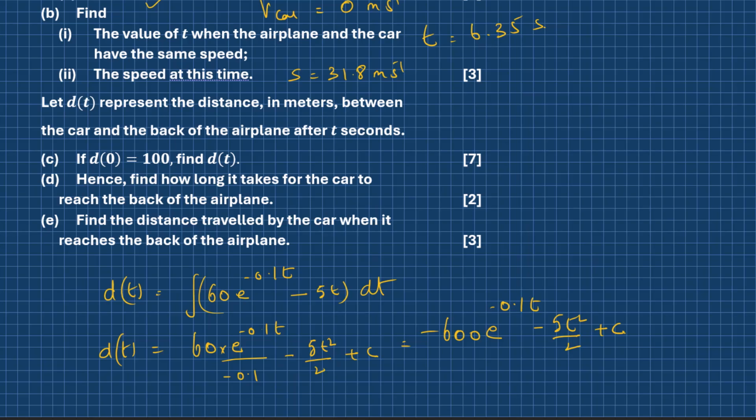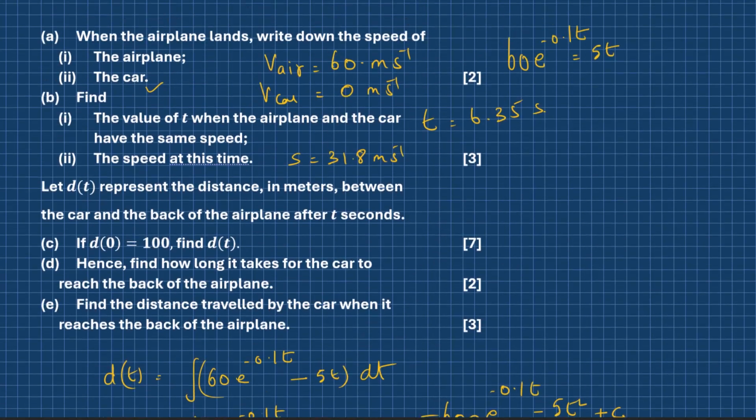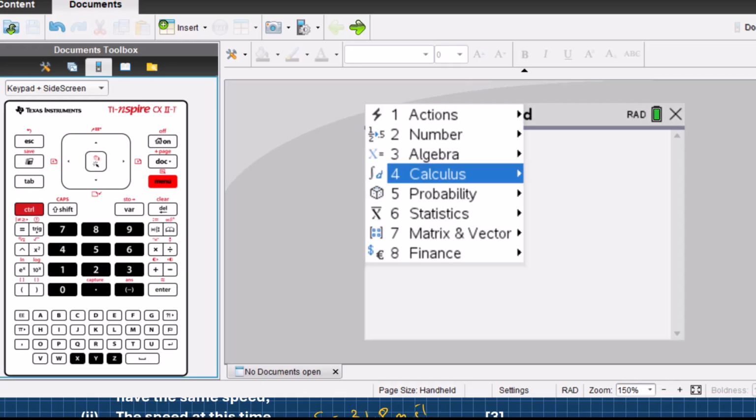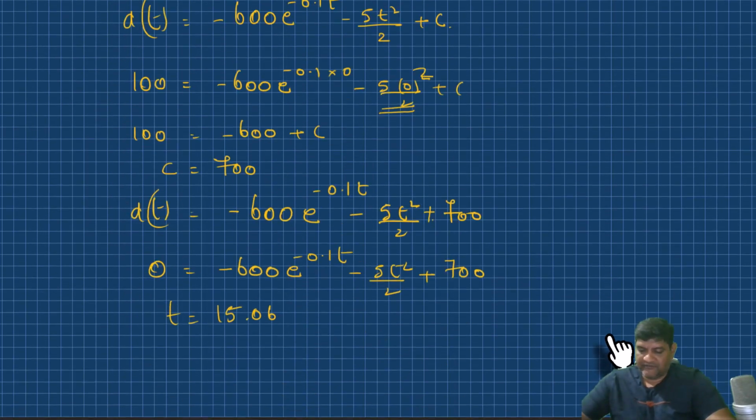Now find the distance traveled by the car when it reaches the back of the plane. All I need to do is take the time as 15.06 and enter it into the distance equation of the car. The distance equation of the car can be found by integrating this, which is basically 5t squared by 2. I can integrate and then substitute the value. What we can also do is use the calculator. So that's going to be your final value,